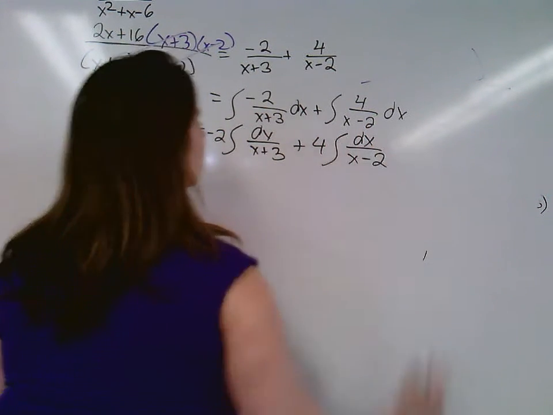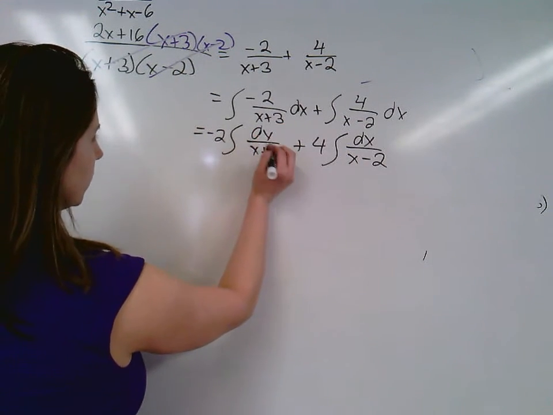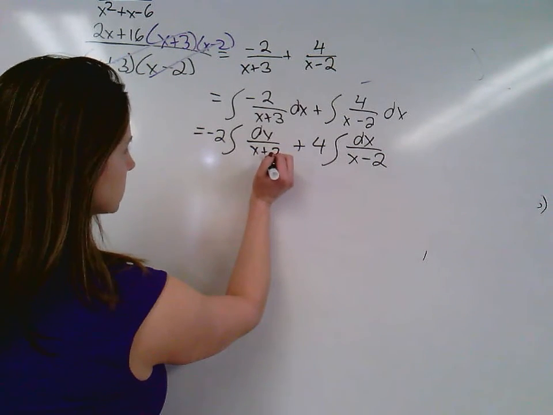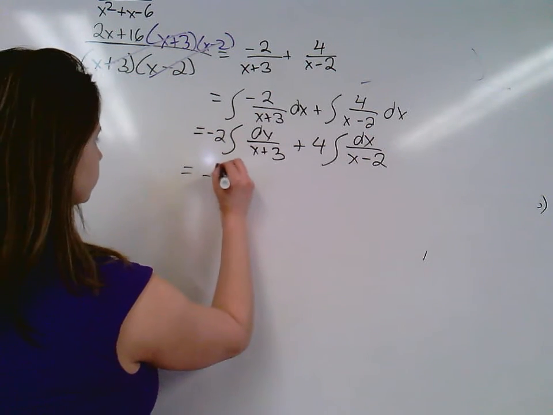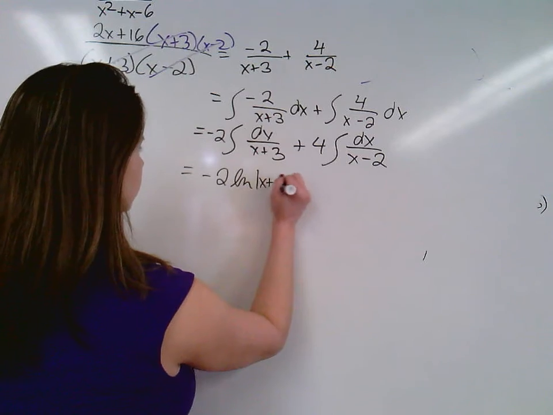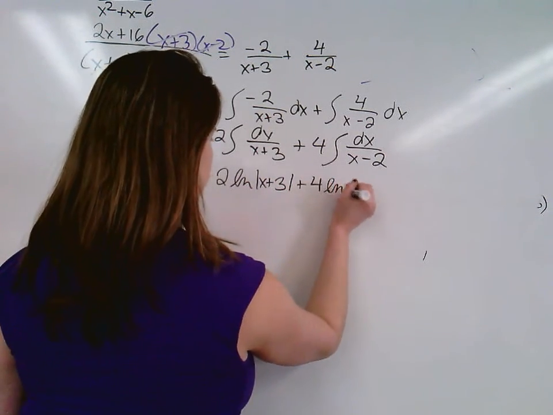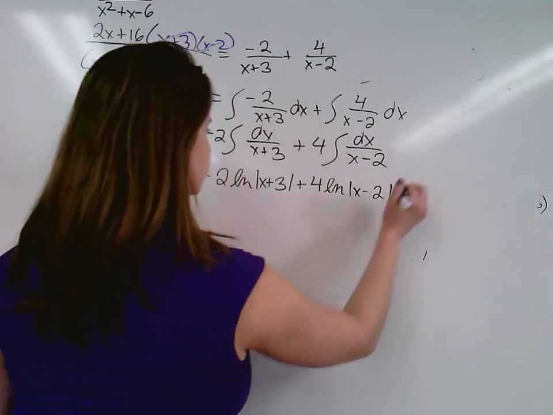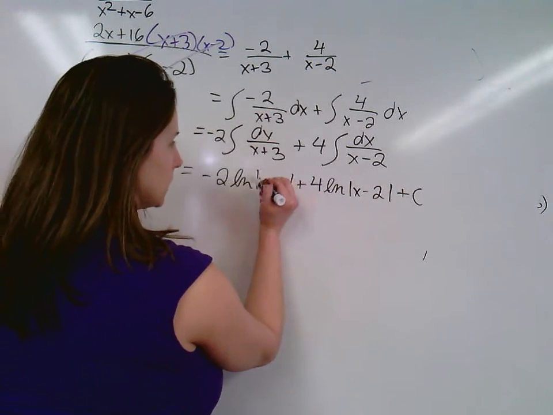Okay, this is a natural log right here. Okay, 1 over something, you got x plus 3, u equals x. Okay, so this is going to be a natural log. You have 1 over x plus 3, so that's going to be -2 ln of x plus 3 plus 4 ln of x minus 2 plus c. Now the -2 goes on top, and then this is where this can turn into parentheses, because it's